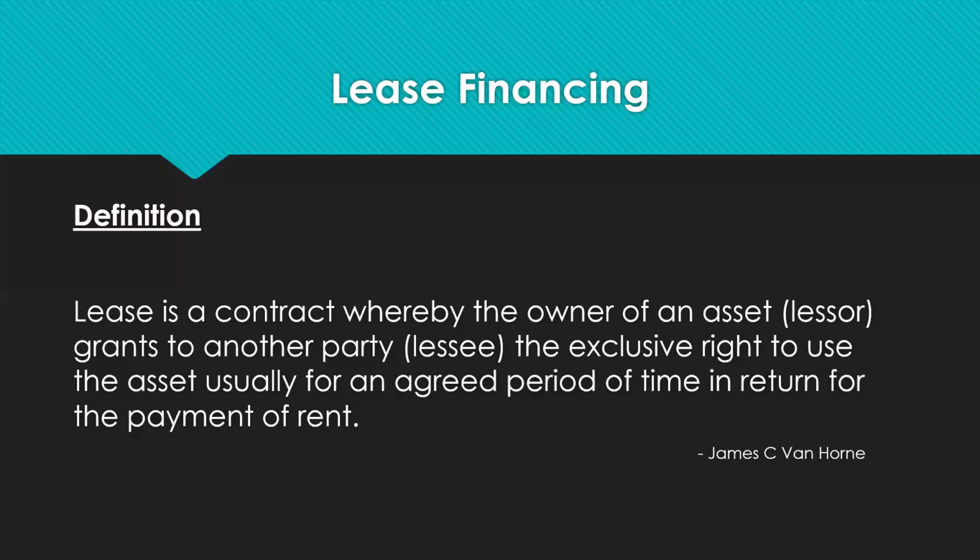There are some features that need to be highlighted in this definition. There are two parties: the lessor and the lessee. The lessor is the owner of the asset. The lessee is the person who takes it on rent. So the lessor rents out the asset to the lessee for use of the lessee for a specified period of time. The lease rental is for a period of time, after which the asset has to be returned back to the lessor. And during the period in which the lessee is utilizing that asset, he has to pay a rent, which is known as the lease rentals.